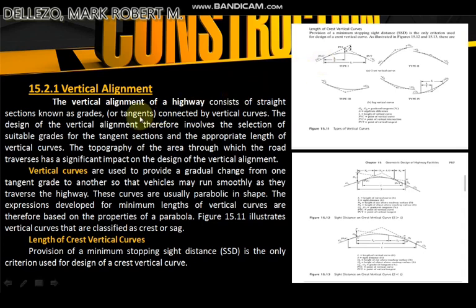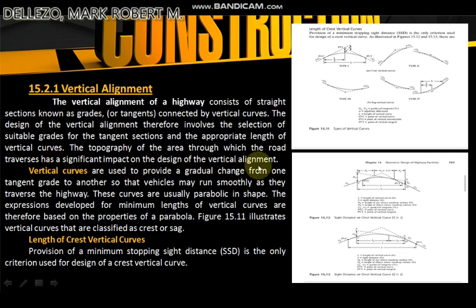the second part is the vertical alignment part of the alignment. So the vertical alignment of the highway consists of straight sections known as grades or tangents connected by vertical curves. The design of the vertical alignment therefore involves the selection of suitable grades for the tangent sections and the appropriate length of vertical curves. The topography of the area through which the road traverses has a significant impact on the